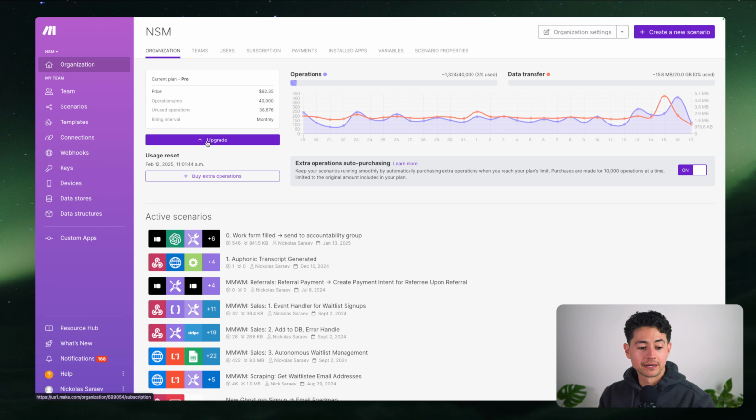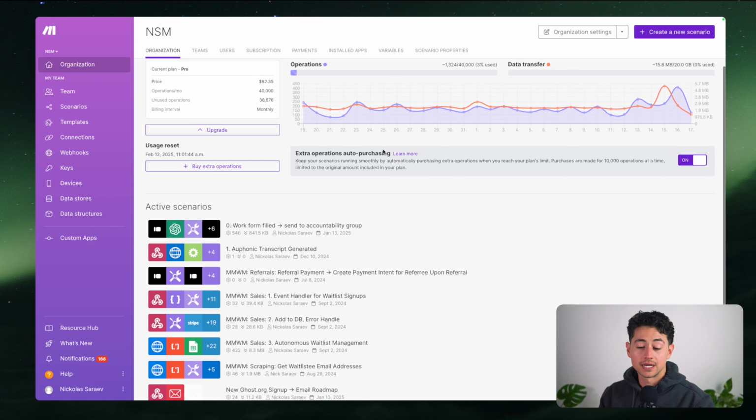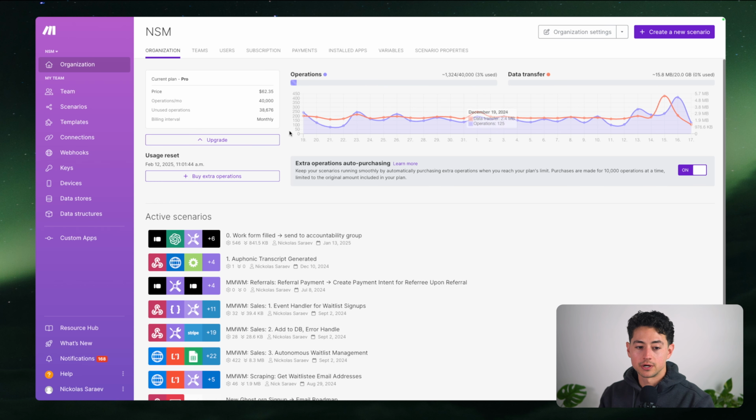There's a way to upgrade your plan here. Obviously, these guys are monetized as hell. You could buy extra ops over here. You can enable operations auto purchasing, which, if you hit the 40,000 cap, in my case, I just automatically buy another 10K more. And then there are a bunch of other tabs here, and I'm not going to cover every